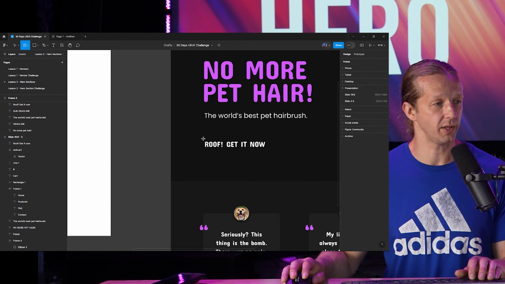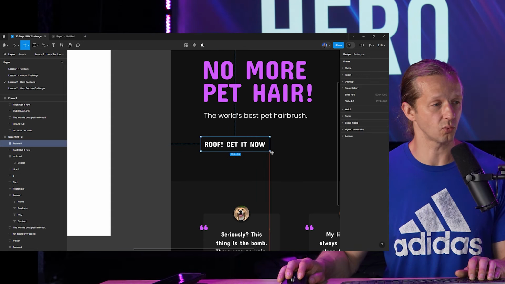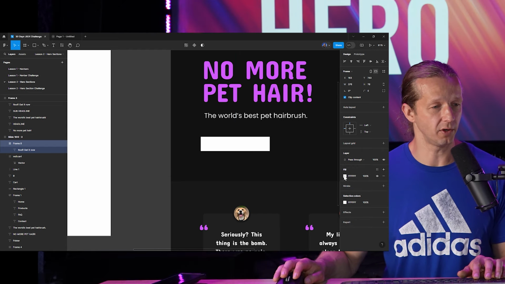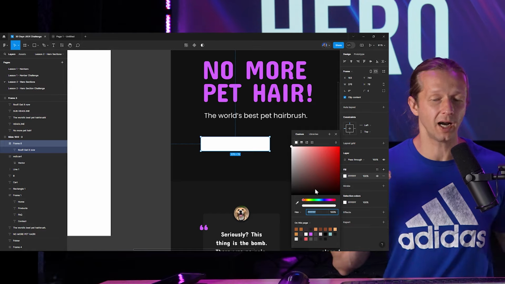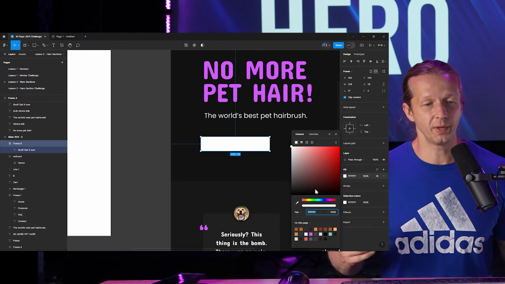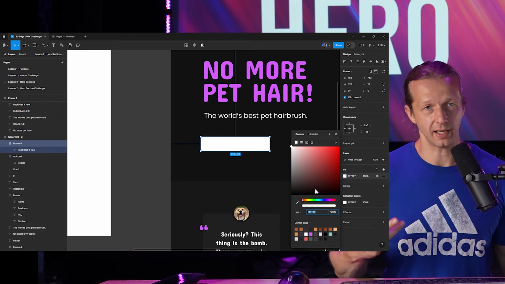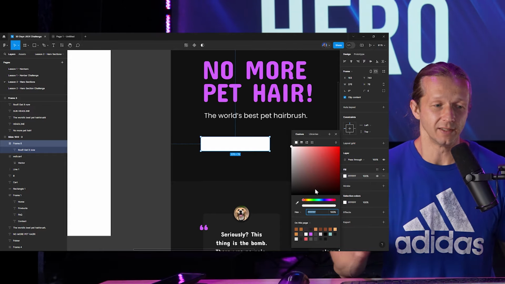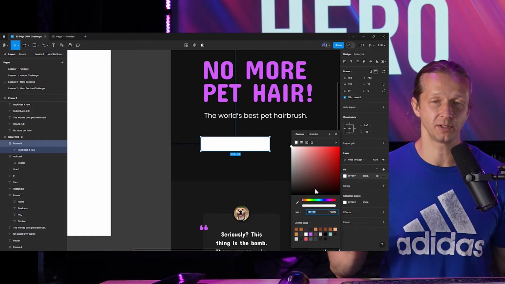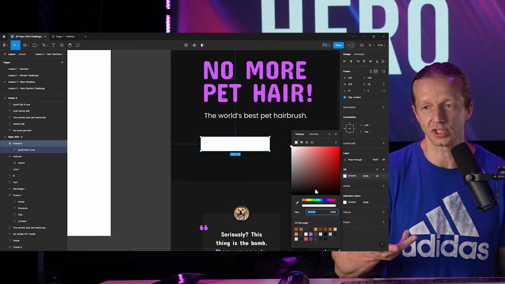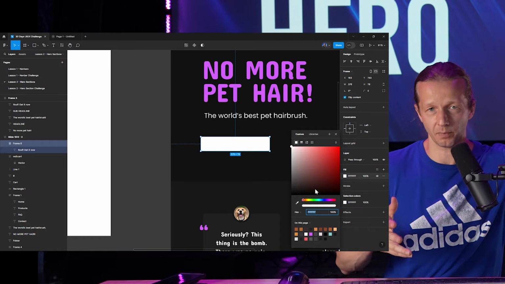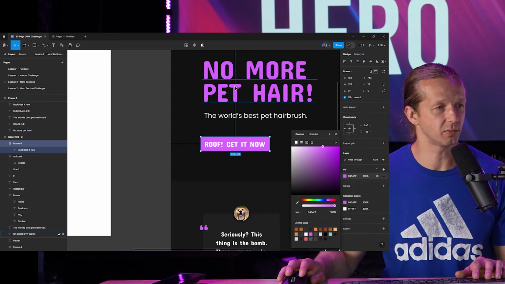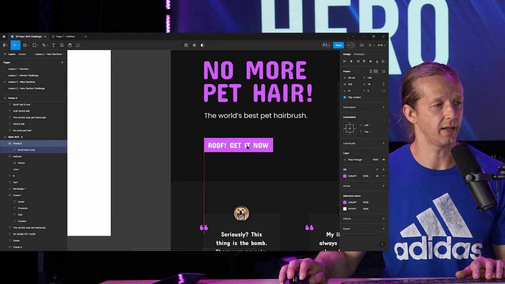Then we're gonna take a frame, hit the F key, and then just wrap it around this because this is gonna be an actual button in this case. And we're gonna give it a fill. And typically, your primary color will be the background color of your button for your primary call to action. Now I say typically because there's no rule saying that you have to do that. Sometimes you may not want this, but more often than not, this is the typical pattern. And I'm showing you a pretty typical way to set up a hero section. So I'm just gonna grab this with the eyedrop tool, and then